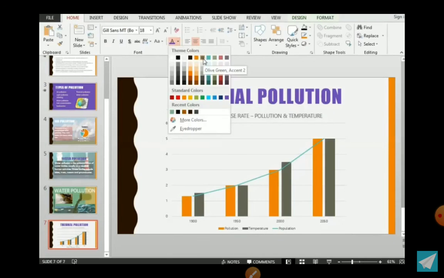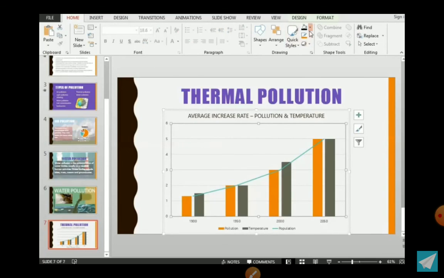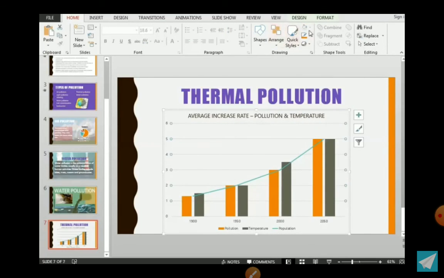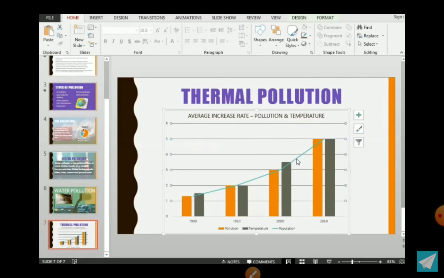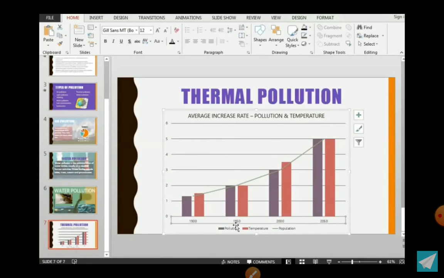Okay, we can format the graph also by changing the color of the graph, resizing it, changing the font size. Okay, you can see the various options that we are using here. Any color we can choose.